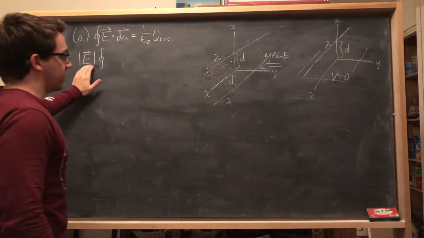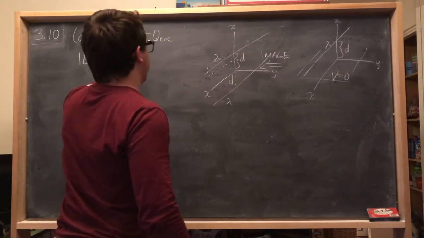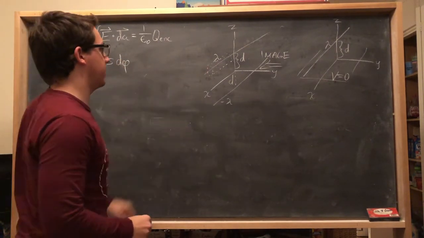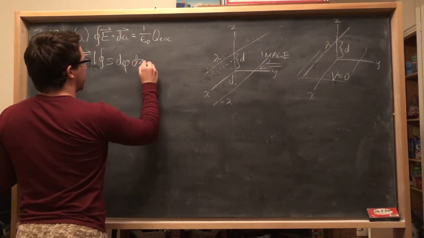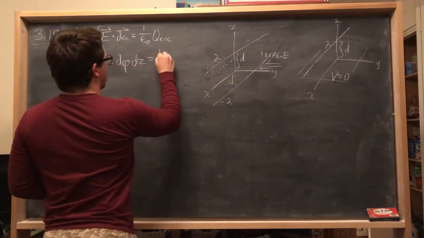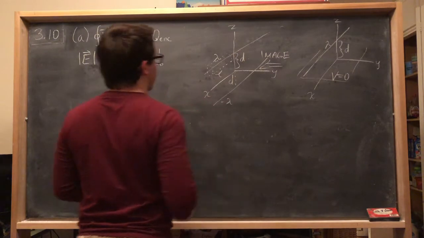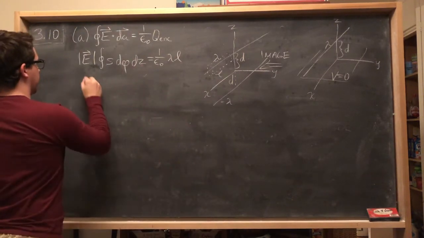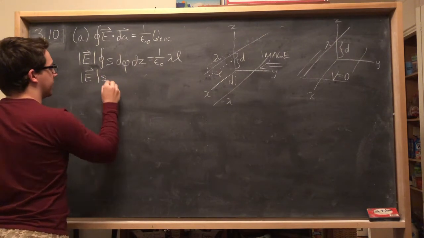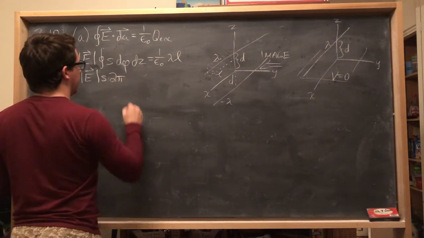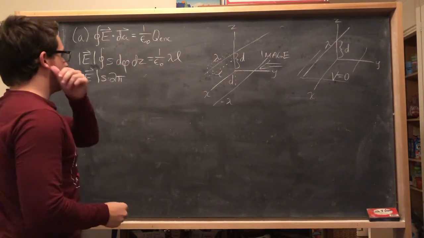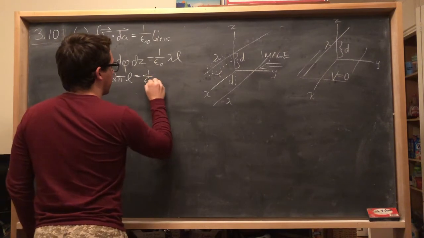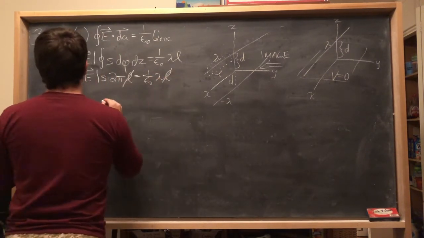So we can take it out because we can say it's constant, and we can say it's collinear with our element of area. And our element of area for a cylinder would be S, for some constant S, the S that we're choosing for our Gaussian surface, d phi dz, and then this 1 over epsilon naught. Our Q enclosed is just going to say, if we say that our Gaussian surface has a length L, then that would be lambda L, and so then that's E S, because that's constant, times 2 pi for our angle phi, and then our Z runs looking parallel to the cylinder. That is going to be the length L, 1 over epsilon naught lambda L. L's cancel, and therefore we can say that